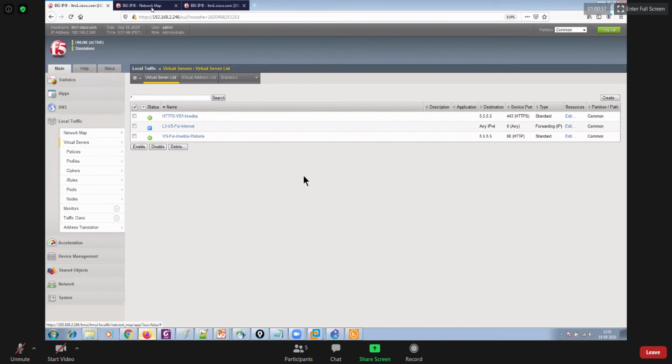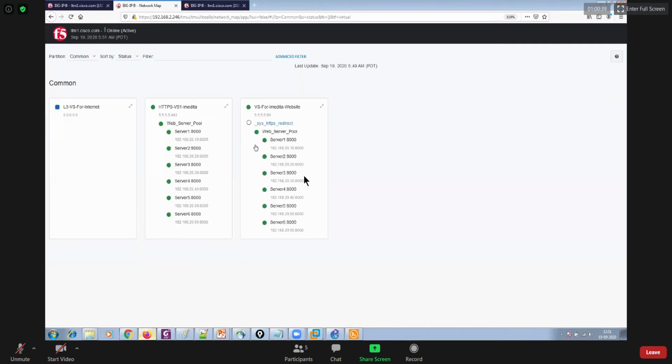Network man, and first they will check the status of the virtual server for that website that you have hosted over here. Make sense? So from here you can easily look at what is up and what is down on this page itself for all of the virtual servers that you have created. Because if your virtual server status is down, then definitely it will show you down over here.